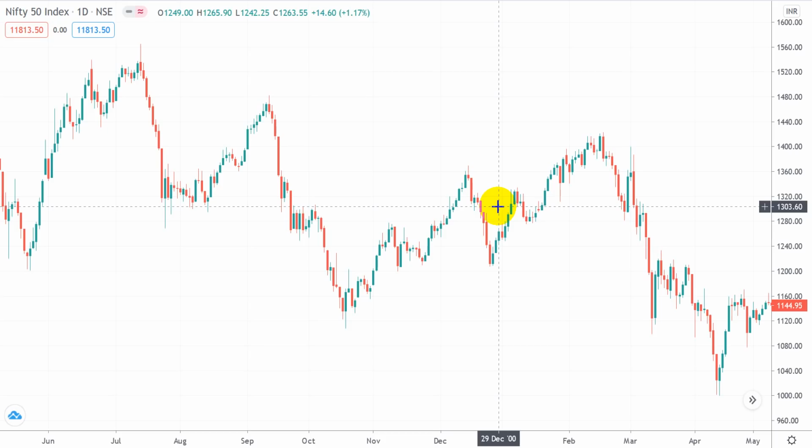And as a trader, if you are able to analyze them, we can capture a good move, which will help our account to grow. Now, having said that,